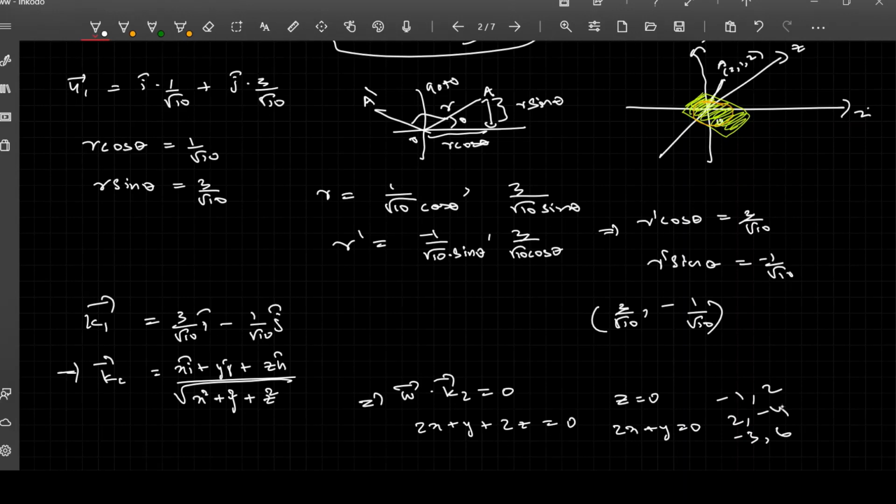So this is how it works. So if that is the case, the vector that can be formed is (-1, 2, 0), (2, -4, 0), (3, 6, 0). And if you put z equal to 1, the required values of x and y can be found that way. So there are infinite number of vectors which can be formed, which are the perpendicular vectors of w bar. So this is how you do it. And coming to the next question.